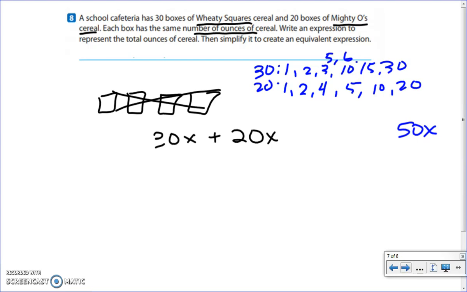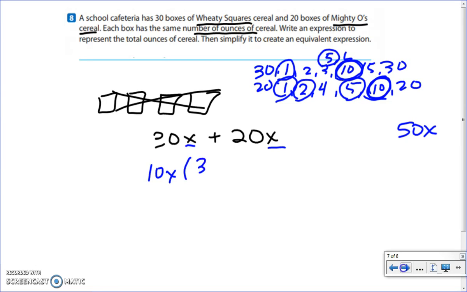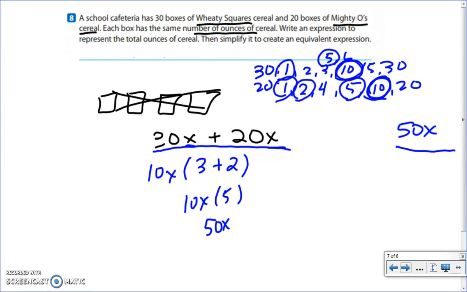So when I look through this list for greatest common factors, I see they both share a 10, they both share a 5, a 2, and a 1. But the greatest of all would be the 10 for sure. So I know that I need to take a 10 outside the parentheses, and I also see that they share a common factor of whatever x is, 10x. 10x times 3 would be 30x, and 10x times 2 would be 20x. So really I have 10x times 5, or 5 10x's would make 50x. So yes, we have 30 here and 20 here, that makes 50 altogether, but using the distributive property, we can also see